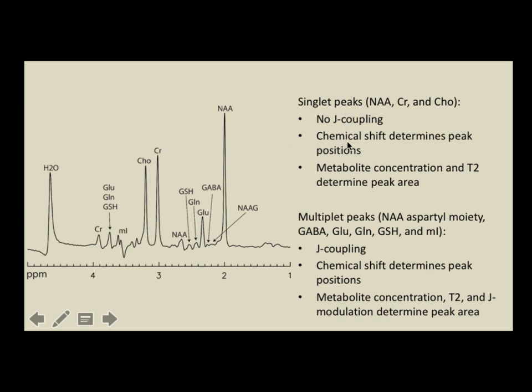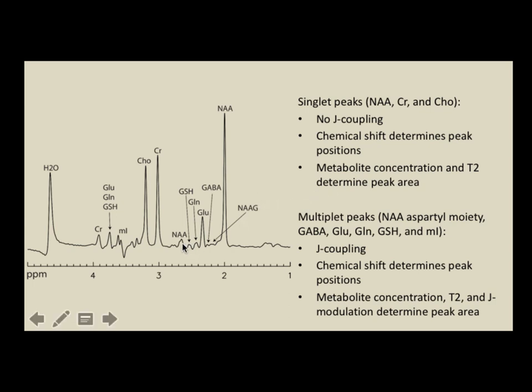So the chemical shift of these metabolites, NAA, creatine, choline, determines their position in the spectrum. Like NAA at 2 ppm, creatine is always at 3.3 ppm, choline is always at 3.2 ppm. And when you change TE, the peak amplitude will change due to the T2 decay. So it's straightforward. But then the other peaks, like the